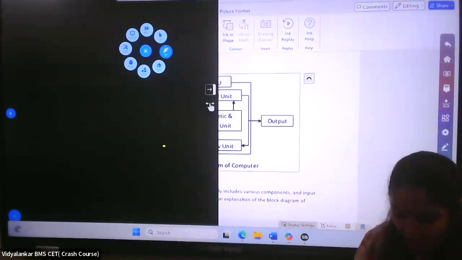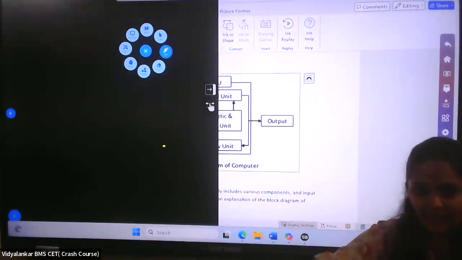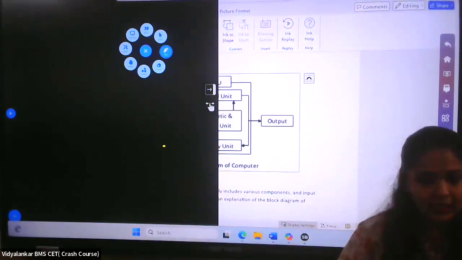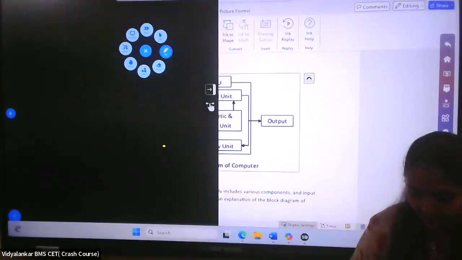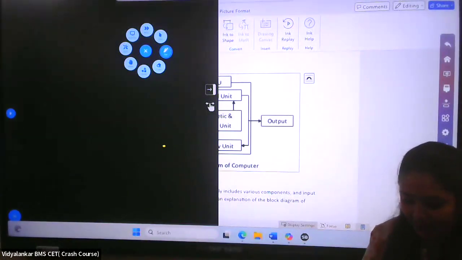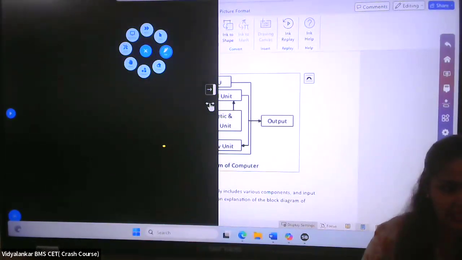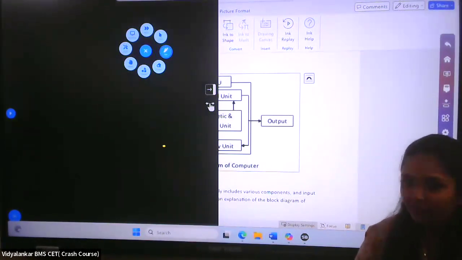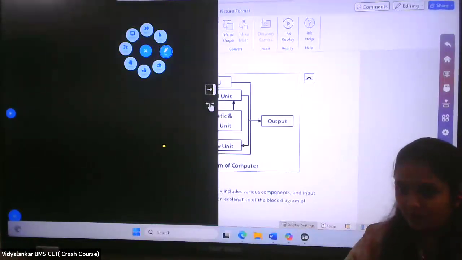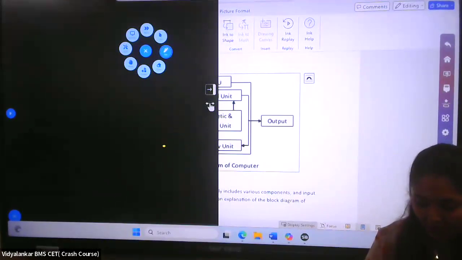Next one, write down. Which of the following is not considered as a peripheral? Peripheral का मतलब devices which are connected externally. So which is not a peripheral device? Keyboard connect होता है, monitor भी connect होता है, CPU connect. CPU. Yeah, so the answer is CPU. CPU is not a peripheral; it is itself a computer system. Okay. Yes, very good.